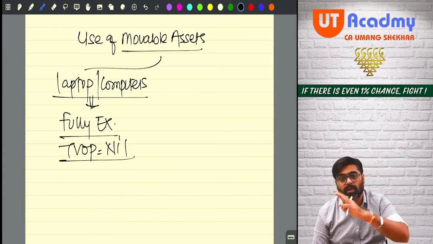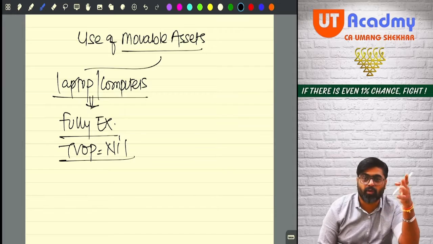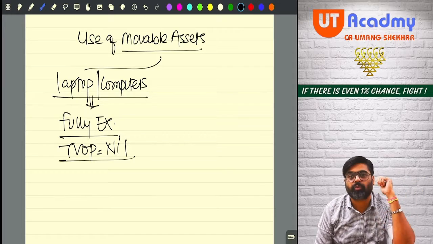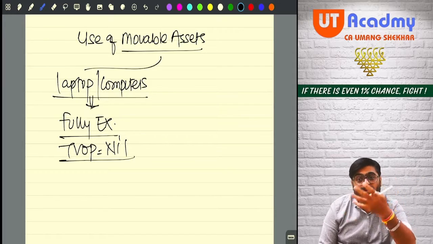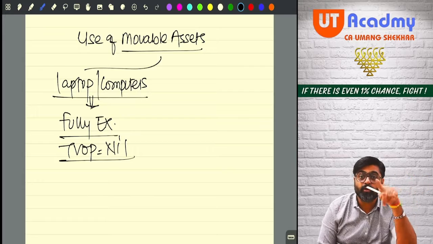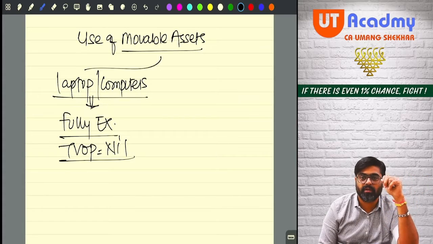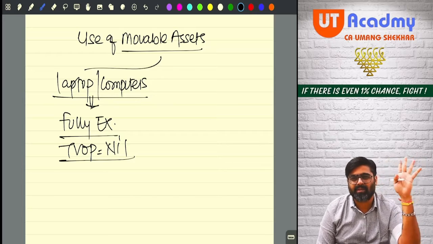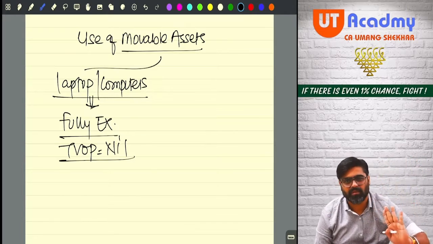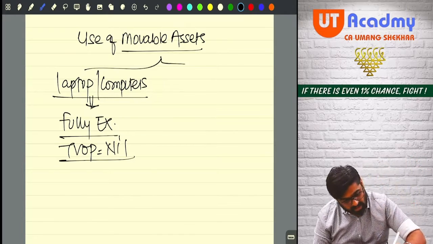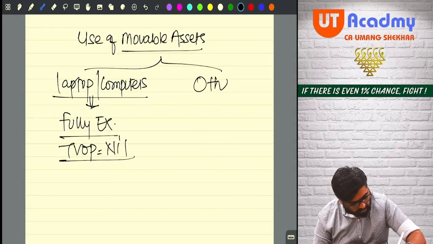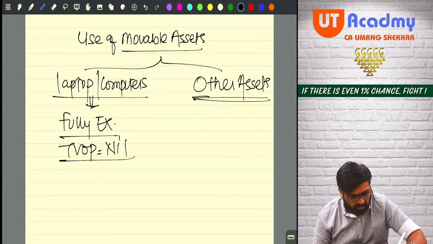Because it will be used for both purposes. It will be used for official purposes as well as for personal purposes. But how much personal benefit will happen by using this laptop or computer cannot be determined. Hence, forget about taxability, it is fully exempt. Yes or no? But about the other assets,